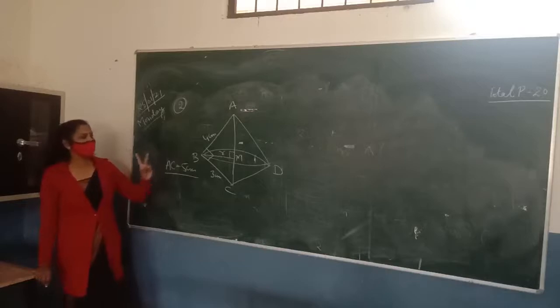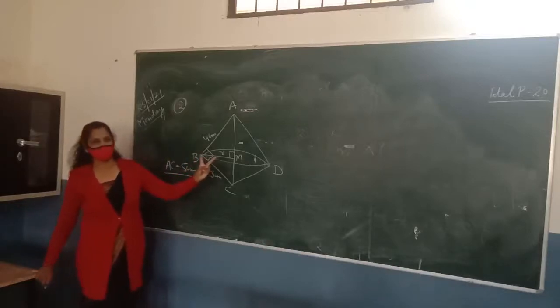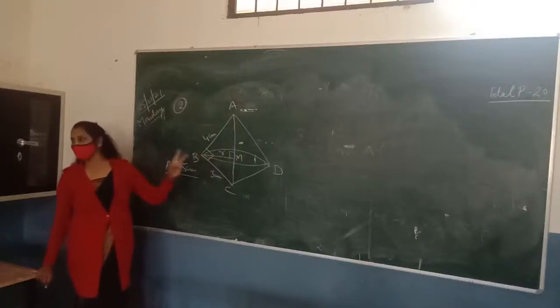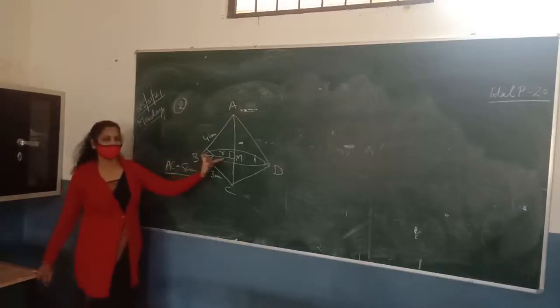This is the method to find the length, that is BM, that is the radius of the cone. We have two methods to find the radius of the cone. First one is by using the Pythagoras theorem, which is a very lengthy method, and the simple one is by similarity, by which we can easily find the radius of this one.